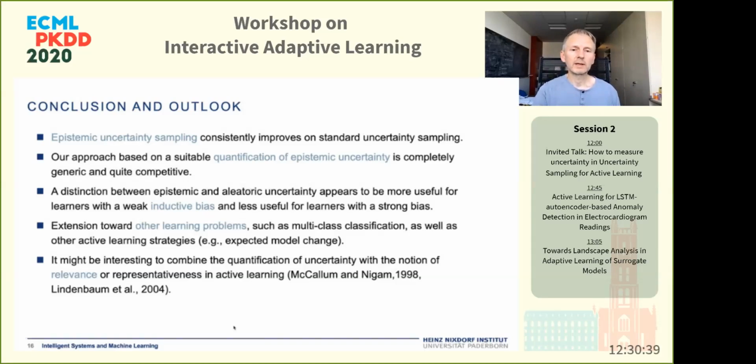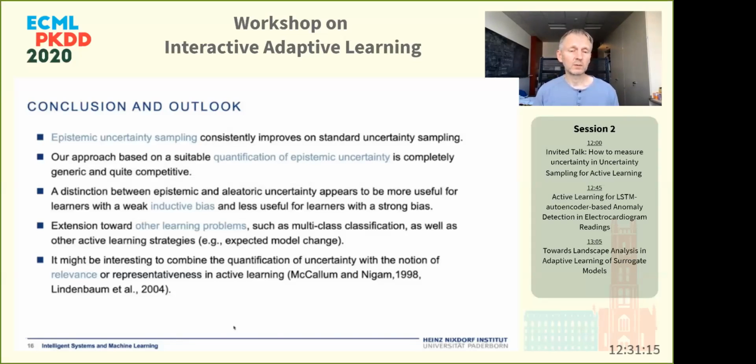What we are currently looking at, of course, is to apply this idea to other learning problems going beyond simple binary classification, such as multi-class classification, etc. And also, of course, to other active learning strategies beyond simple uncertainty sampling, like looking at expected model change and these things. Also, what is interesting is that it might be a good idea to combine this quantification of